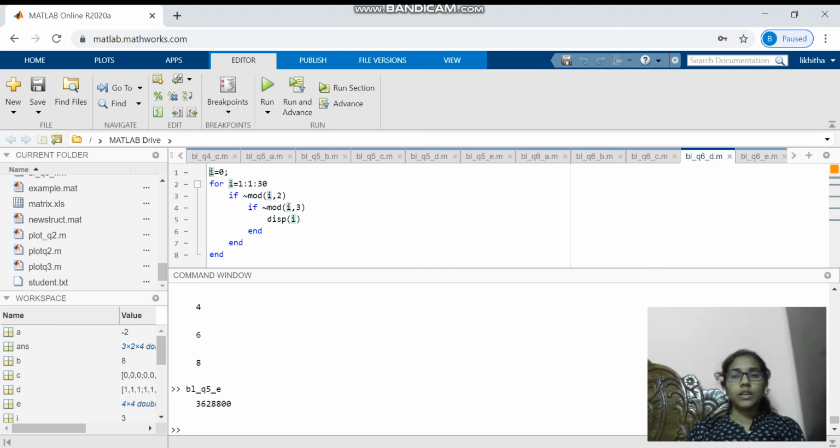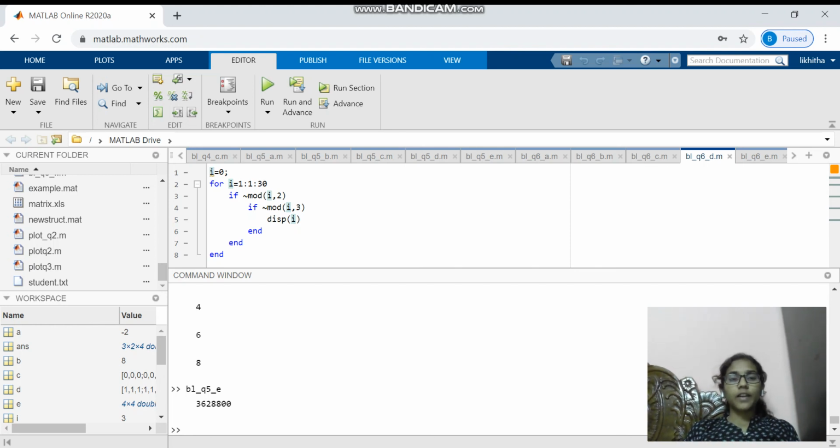And next one, for and if loop nested. I equal to 0, I am going to take i from 1 to 30, mod i comma 2. If 2 is not a factor of i, it will enter into the next loop.